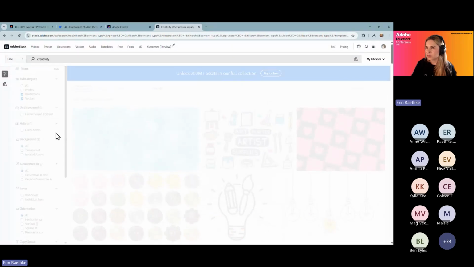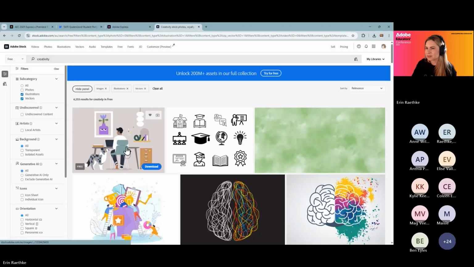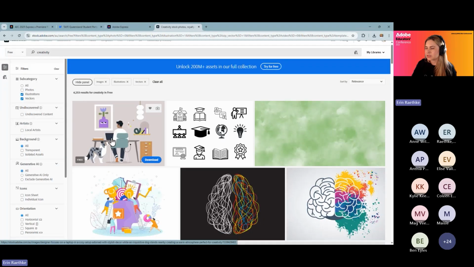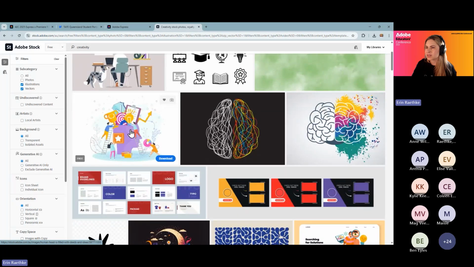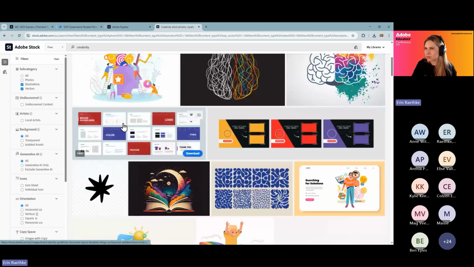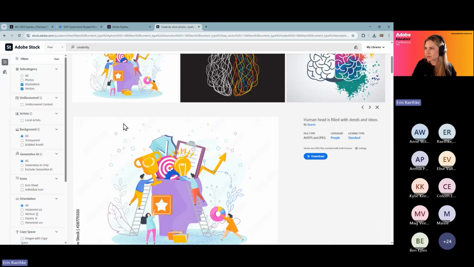Or we could even look through illustrations. And the way to tell if we've got what we want is that we select something, give it a gentle left click, and it says that the file type is AI, EPS, and JPEG. So that AI there means Adobe Illustrator. Alrighty, so